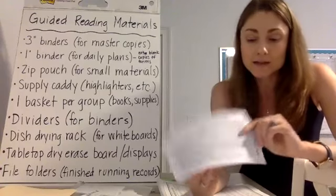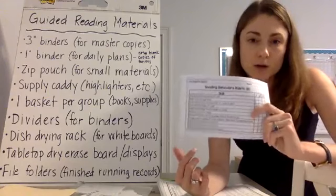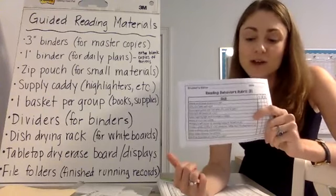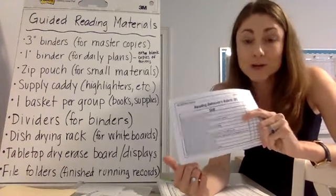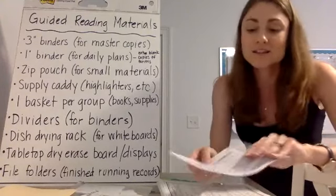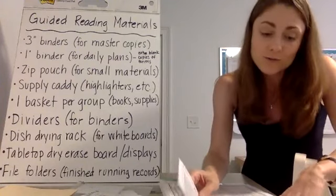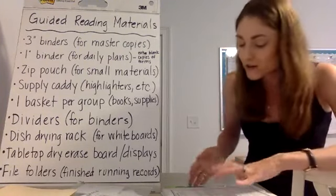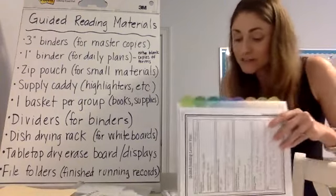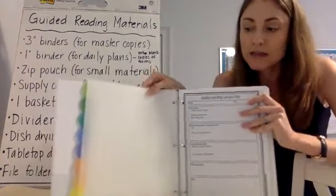So I have blank copies here. I make multiple copies at once because I'm super scatterbrained, and if I run out, I'll not have them for a week or two because I just keep forgetting because, you know, during guided reading you're doing all the things and you forget stuff. So I like to make a ton of copies and just have them available for the levels that my kids are at. And speaking of making tons of copies and being forgetful, because I do my plans in writing,